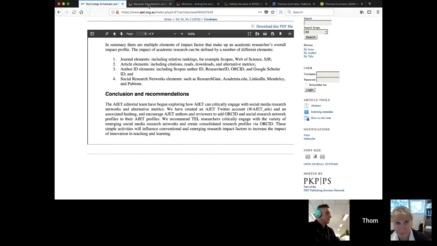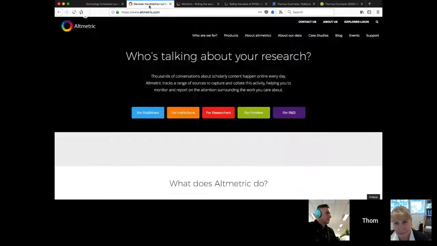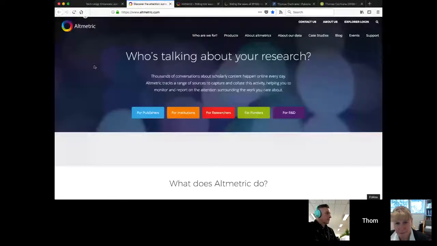So looking at altmetrics, why altmetrics? Because it basically allows us to gather together a whole range of social media. So the thing with altmetrics, it's an alternative way of measuring impacts. It's more about the discussion in social media around your research output rather than having to wait years and years for a citation